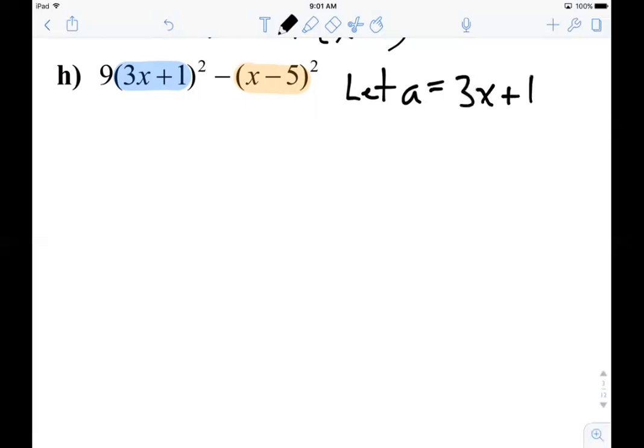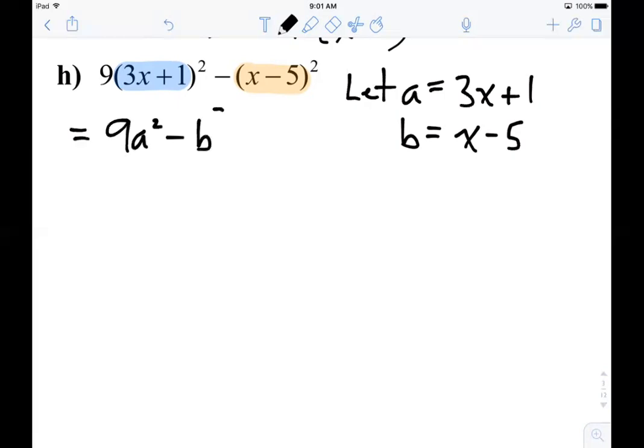I'm just going to call that from now on A. And it's just going to, again, just like we've been doing so far, simplify this whole thing so that I can think of that entire bracket as one single variable that I'm working with. I'm going to create a variable B and say that that's really what x minus 5 is. And again, that simplifies this to just thinking about A and B as opposed to these more complex things that are inside the brackets. So really, suddenly this becomes 9a squared